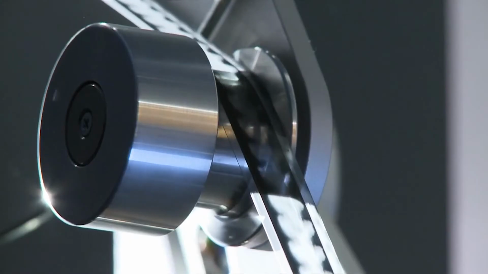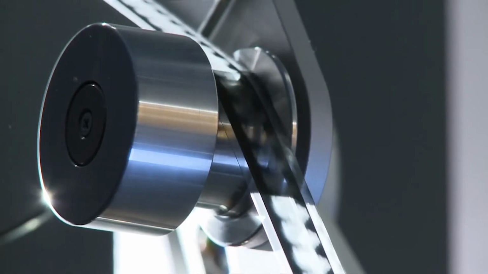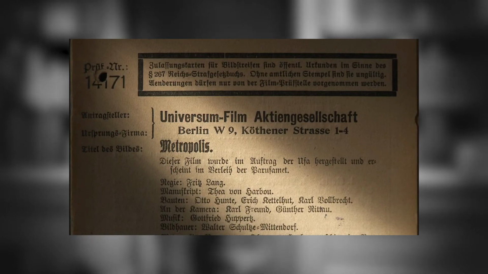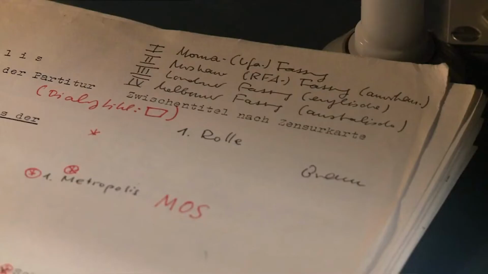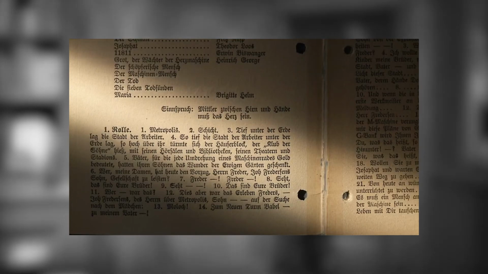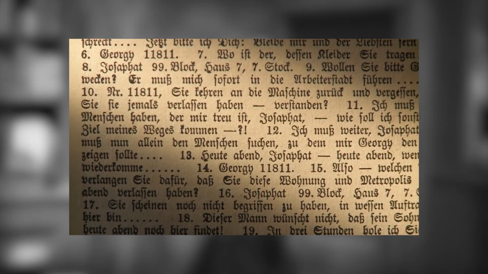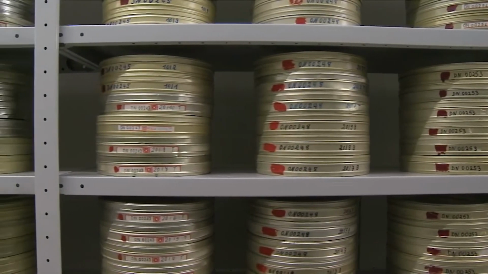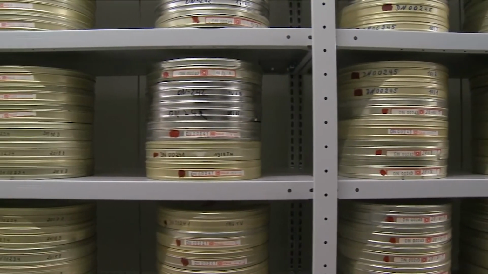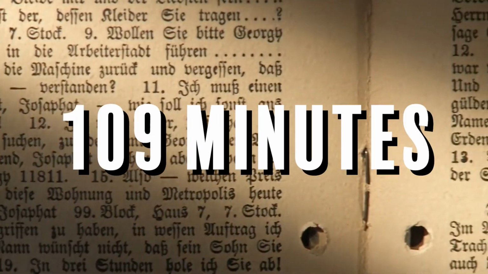New restorations would go under construction every time a significant piece of information regarding the film was uncovered, or when some old footage assumed to be lost would resurface in film archives or museums from different countries around the world. When the original German censor cards were accidentally discovered in Stockholm, yet another reconstruction went underway. The censor cards showed the original sequence of the whole film, and it was possible to assemble the scenes in the correct order. Many different pre-existing restorations and re-edits of Metropolis from all over the globe were used for this restoration. That one ended up having a runtime of 109 minutes.